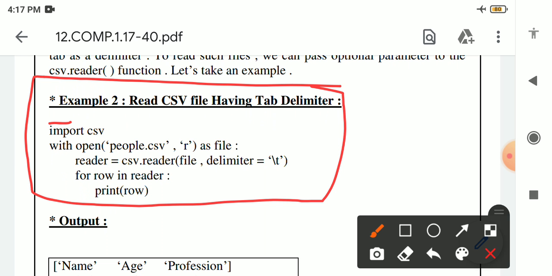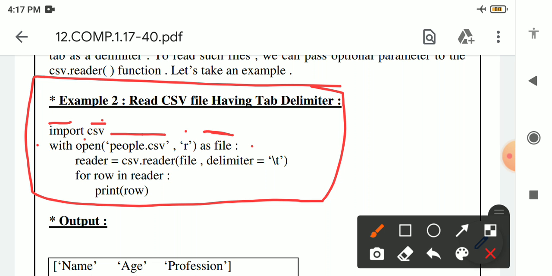First we will import the CSV module in our program, so we will write the import statement, import csv. In the next line we will use the with statement. We will write with, then open is a built-in function, and inside the open function we will write the file name, people.csv. After that comma, then we will write mode, the file mode, here R, as file is a file object or file handle here. With is a compound statement, so at the last we will write a colon.